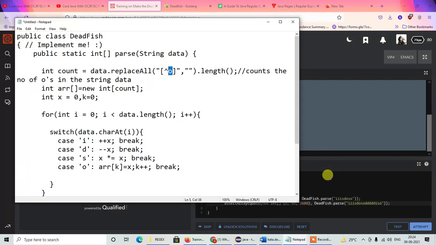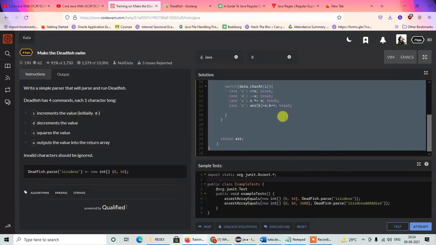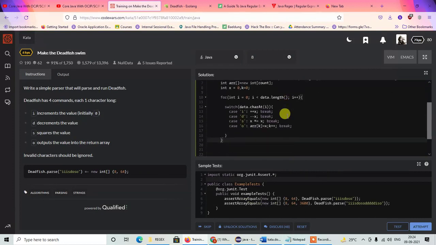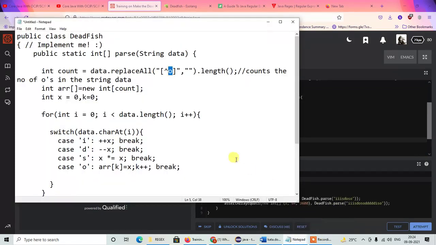As I have told you before, we cannot create an array of any arbitrary size. The size of the array must correspond exactly to the number of O's that are present in the source string. So for that reason, we've gone into all this hassle of counting the number of O's and then setting the size of the array in accordance with the number of O's that are present in the source string. So after this,